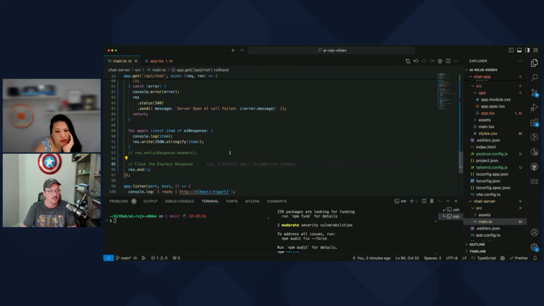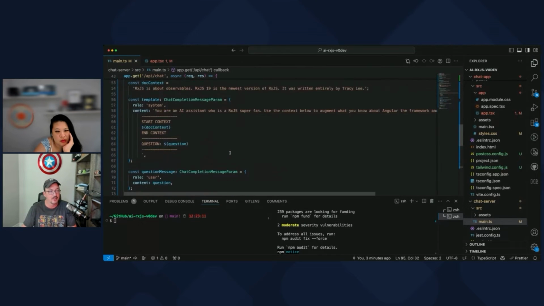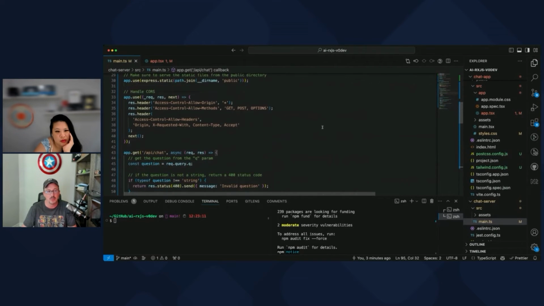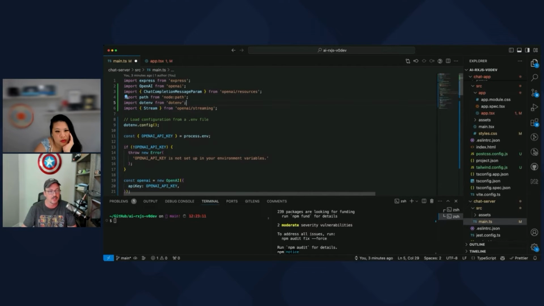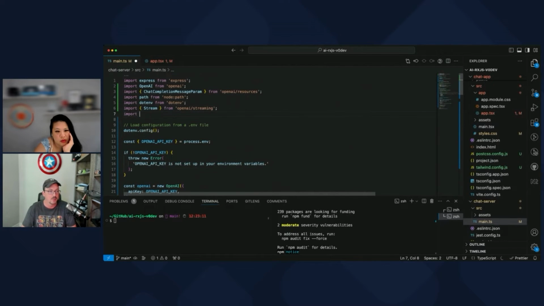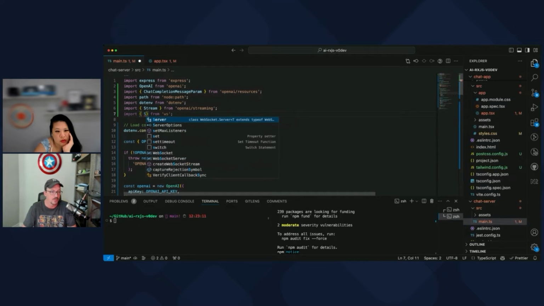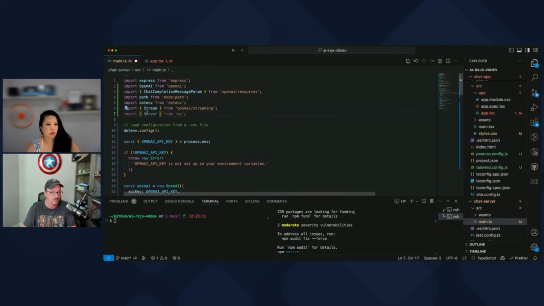All right. So now we've got that, and I have to remember how to hook this up. I think we don't need the RxJS stuff yet. Import, I think it's just Server as WebSocketServer.